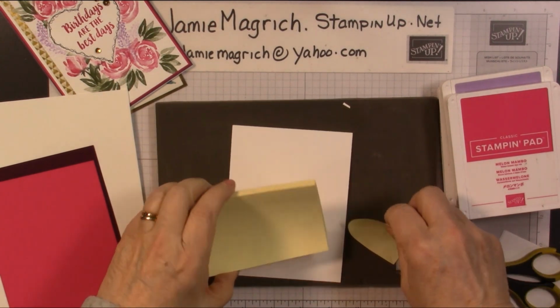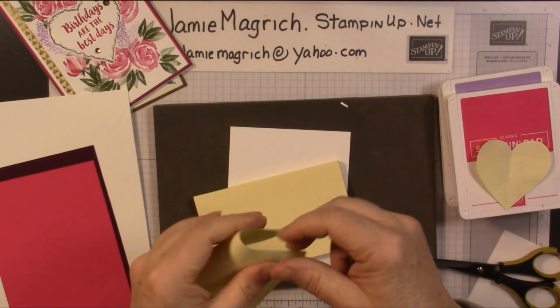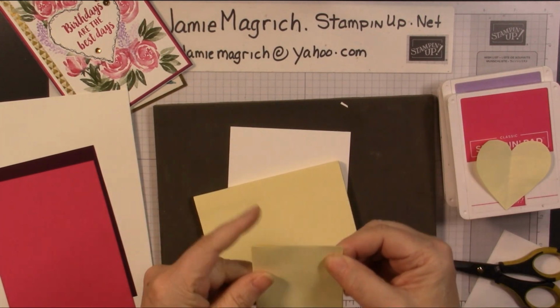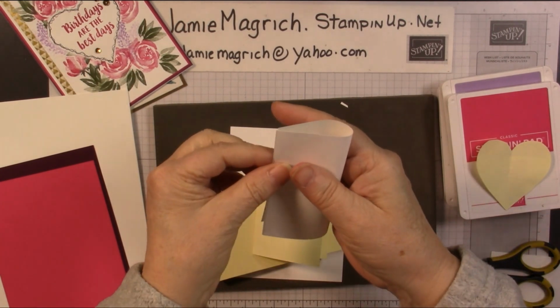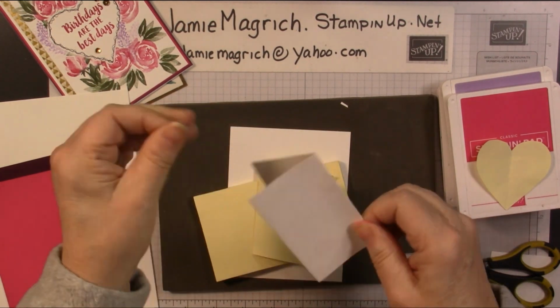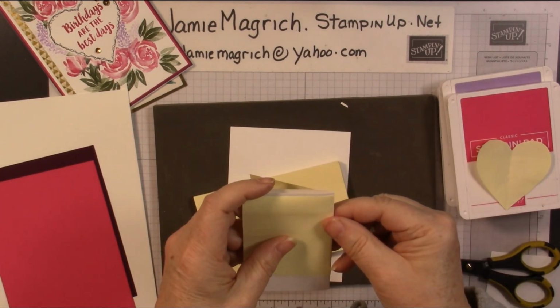And let me show you how I did this. I just took a piece of Post-it note. I didn't fold it so the sticky was together, I folded it the other way. I'll do two at once. They work the same way. Just fold it in half, and like you did when you were a kid, you're just going to cut out a